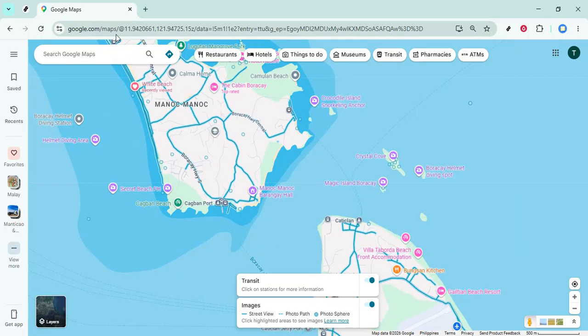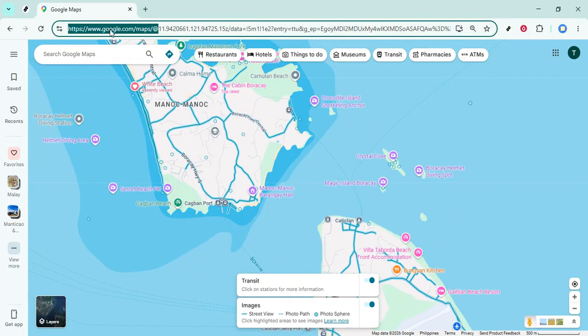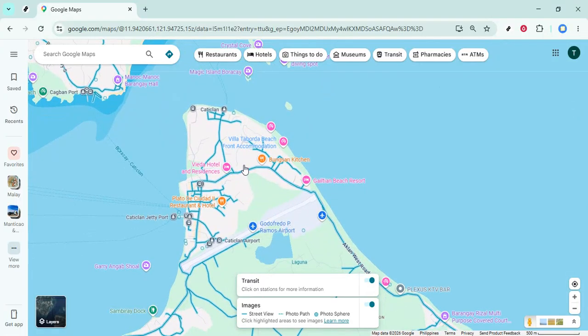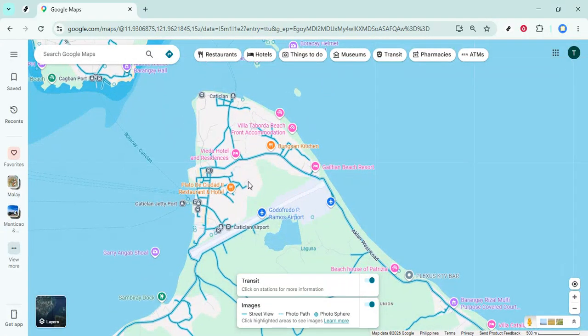First, open your browser and head over to google.com/maps. This is the main platform where you'll be managing your maps and adding new places. So make sure you're logged into your Google account for a seamless experience. Being logged in will allow you to save your changes and access them from any device. Once you're on the Google Maps homepage,